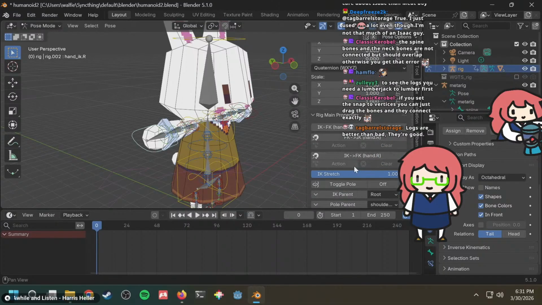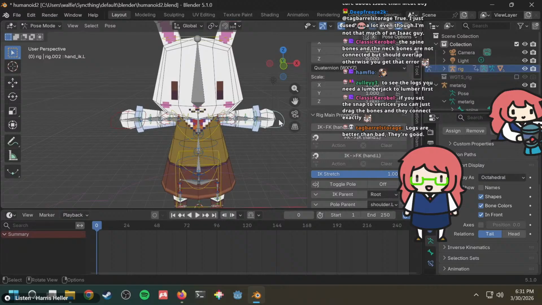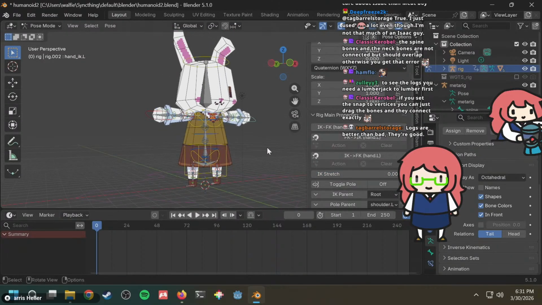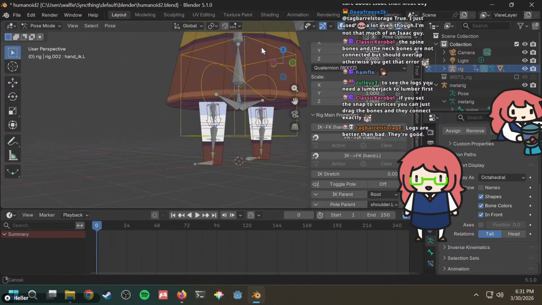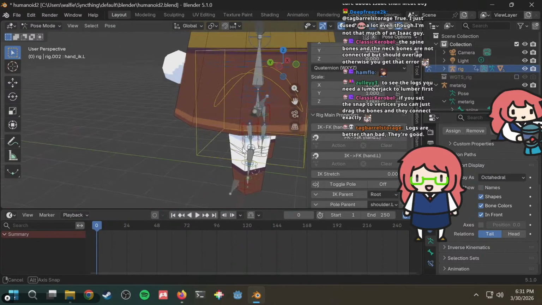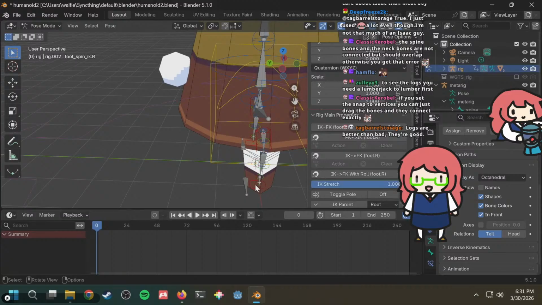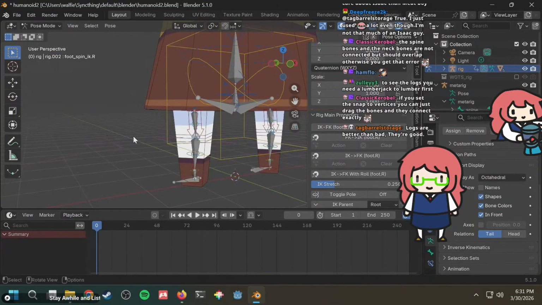Alright, now we gotta unset IK stretch. I wish it would keep that setting. It just deletes it every time. Click on this guy, IK stretch. Now this IK stretch is going to be 0.25. Just like a little bit.